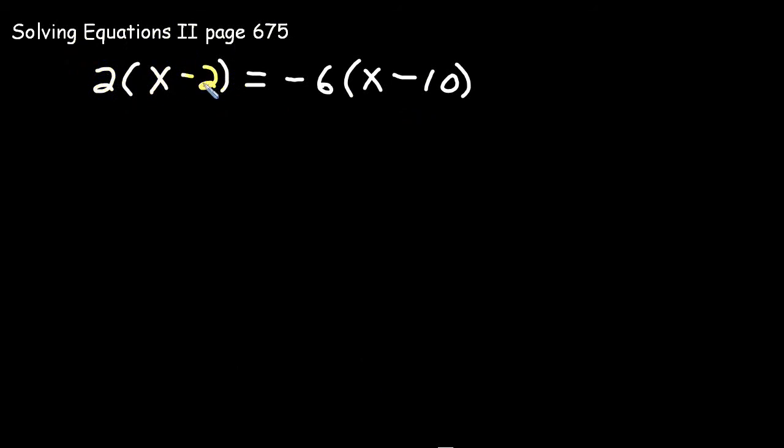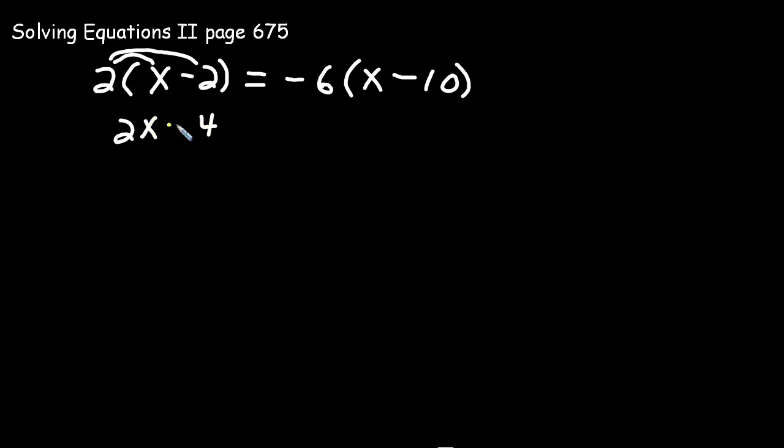But here what I'm going to do is use what's called the distributive property. We have 2 and then we have a parentheses. It's multiplication. To remove the parentheses, you use the distributive property. You multiply each item in the parentheses by the 2. So we want to multiply 2 times the x and 2 times the 2. So 2 times x would be 2x, and then 2 times 2 would be 4, and